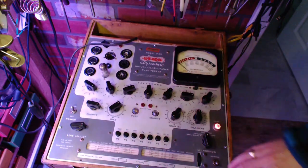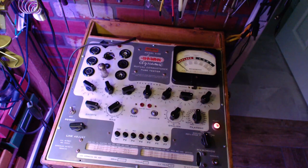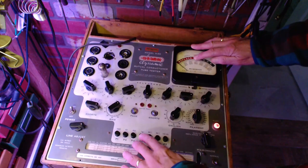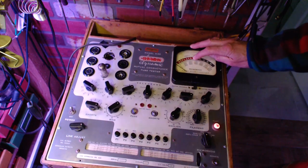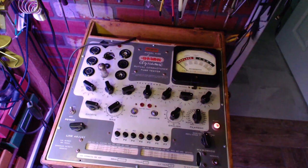Okay, so this test for number 1, ECH81 should be 1260 or 2000, similar to the last one. 1260 puts it about here for the reject point. It's right on the reject point. And the second test is